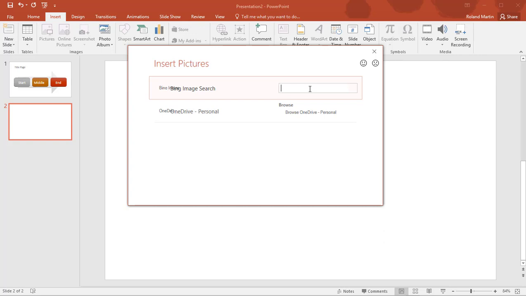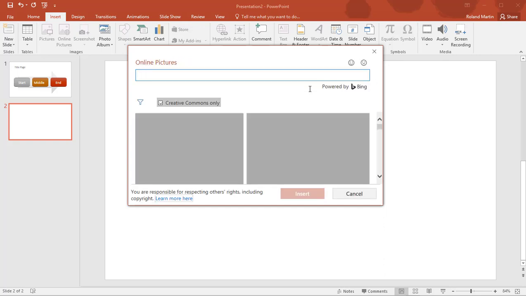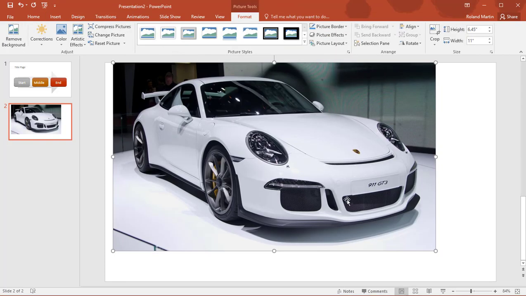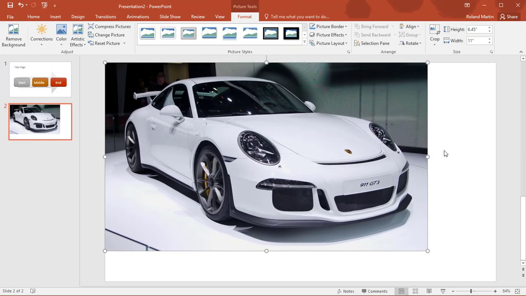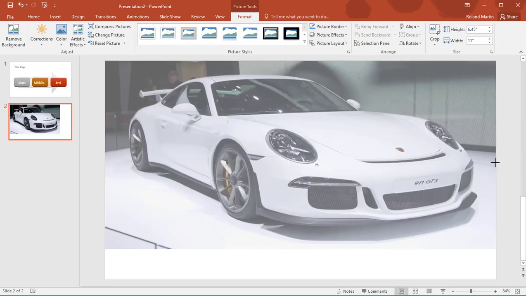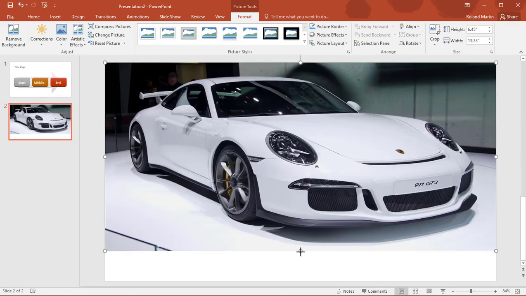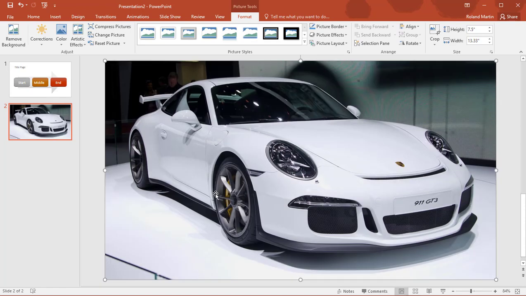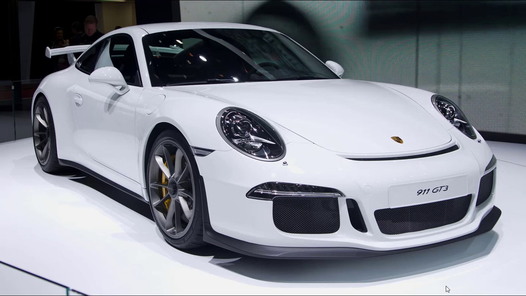Maybe you're a car fan, so you like a Porsche. You do your search for Porsche, let the software do all the work for you, find an image you like, and then just add it on just like you did in Microsoft Word, and you can do it here as well. Simply select it, insert it, and it will be applied. And here you can see, let's say I want to maximize that. I can just manipulate the picture using the handles,